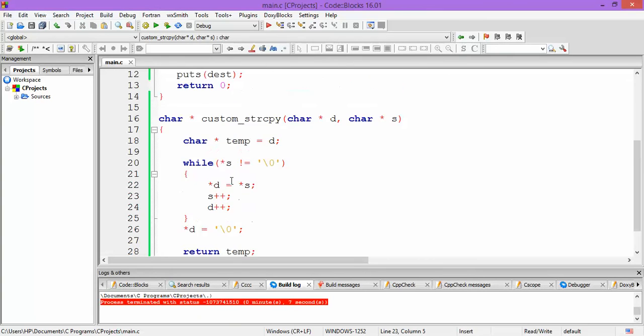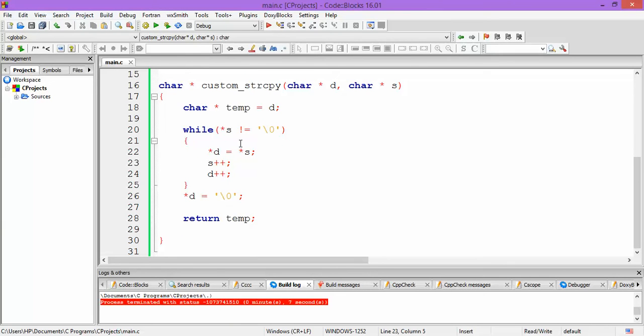One observation is that when S points to the null character, had we run this loop one more time, we could have accomplished this task of copying the null character to wherever D is pointing to, and then this extra bit of logic could have been avoided.